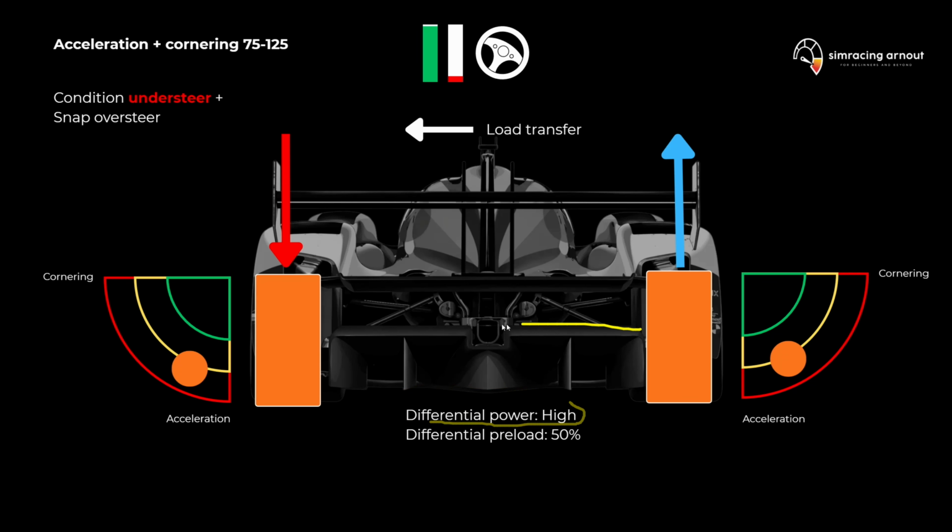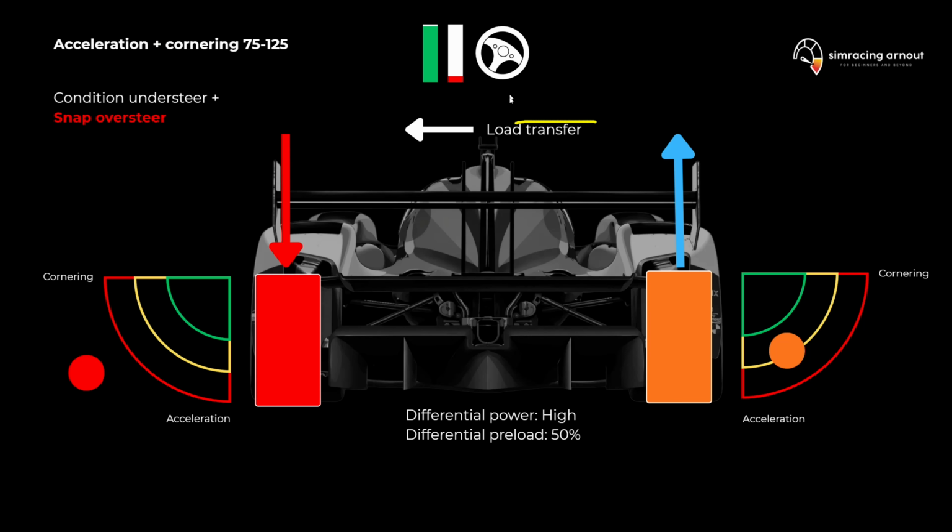setting, meaning we have a locked or closed differential, now all of a sudden the unloaded tire cannot spin up because it's connected to this one. And what tends to happen is, as we have pressure on this wheel, we have a better drive off, a better exit. But we also lack rotational freedom as soon as we hit the gas full throttle on a slow corner. And what tends to happen is we might speed up with a lot of understeer, but then because we have the understeer,